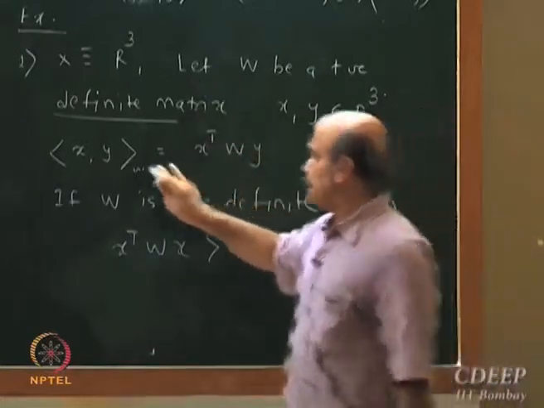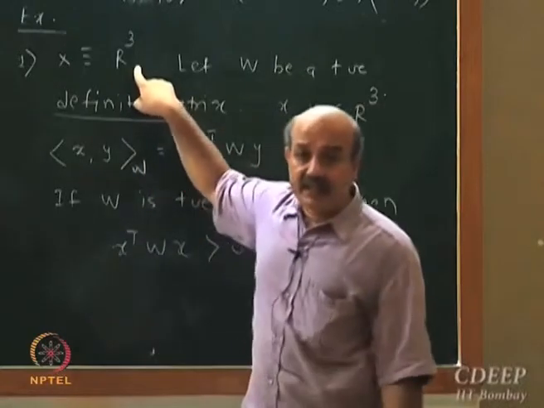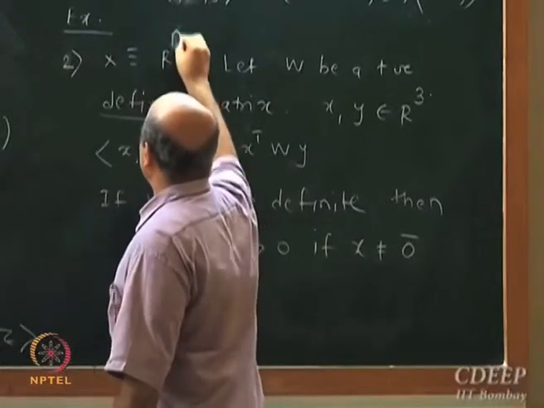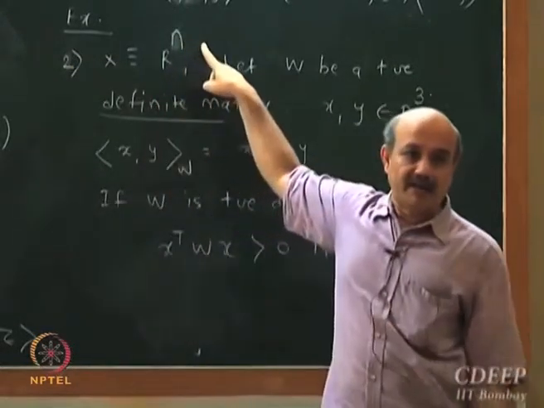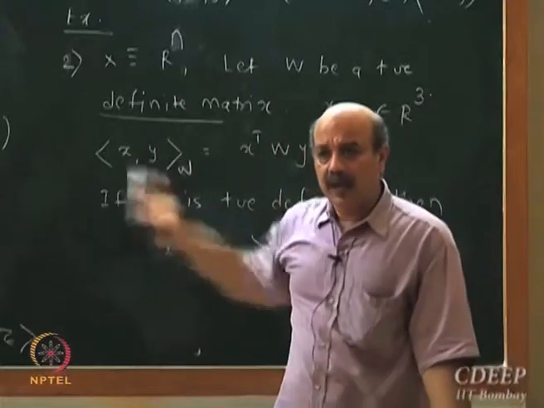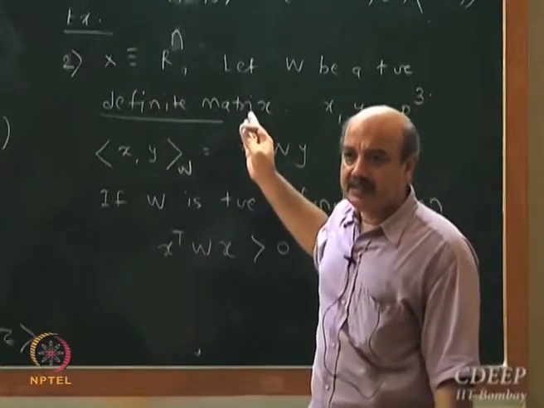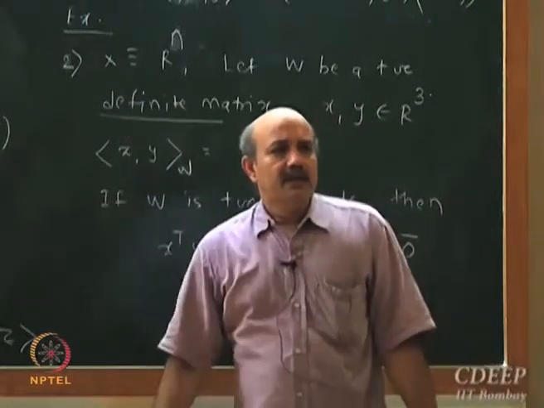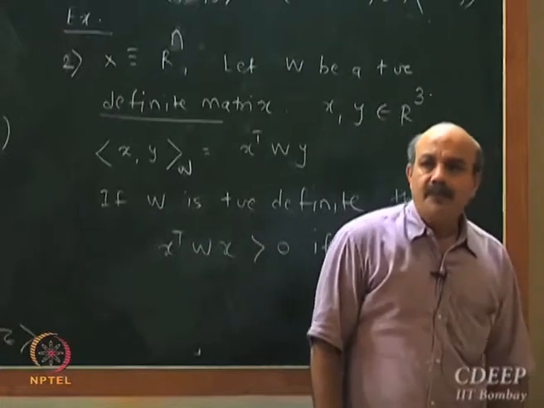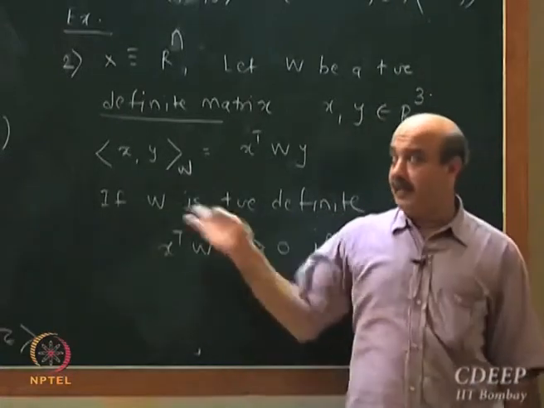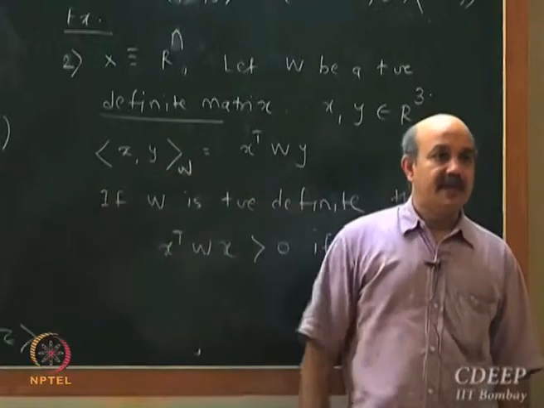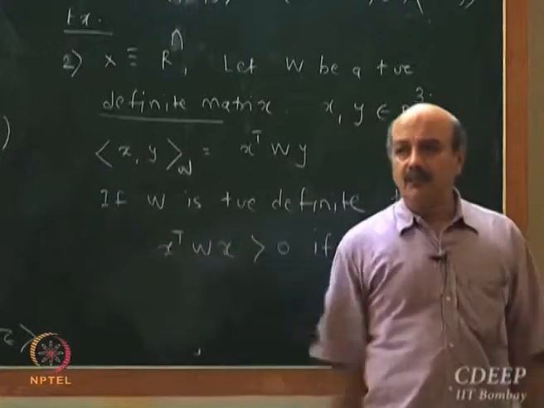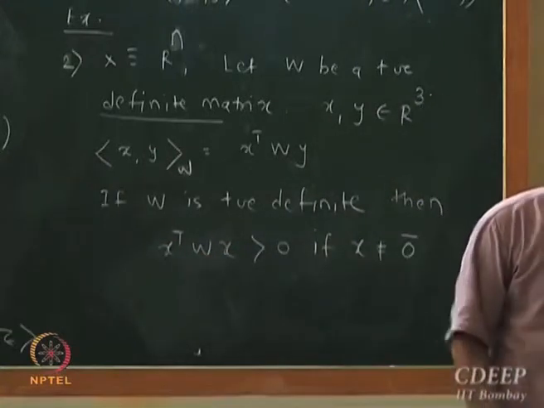Okay, so this I can very easily change to my second example where you talk with Rn. I could have talked with Rn, and the same thing would hold. Okay, I have a symmetric positive definite matrix, and then I can define an inner product using any symmetric positive definite matrix, which is n cross n, which will give me all the properties that I need for defining inner product.